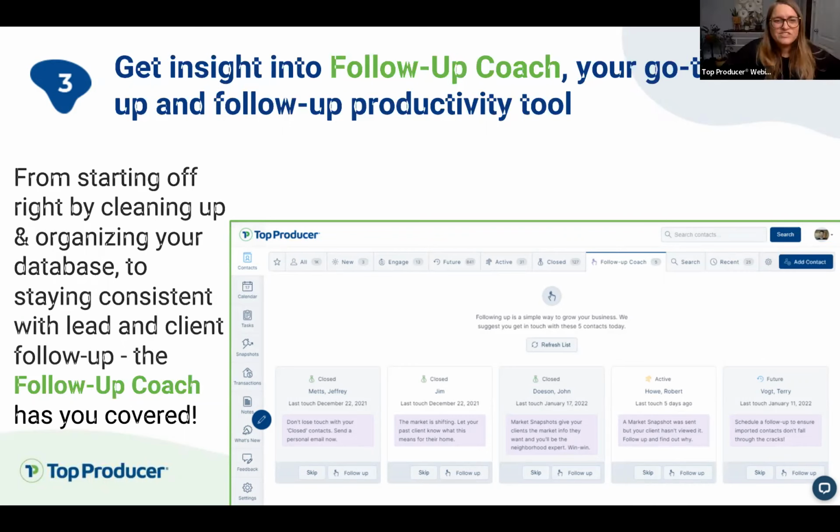Yes, the follow-up coach. So another way that I think you should really look at your CRM too is that, yes, you're going to have a database filled with hundreds, possibly thousands of contacts, but you want to think of it more like a personal coach, where you want to be personal with your contacts or with your clients one-on-one. This is why I like the follow-up coach, is because I try to get my customers not to be sending out those mass emails of thousands of people.